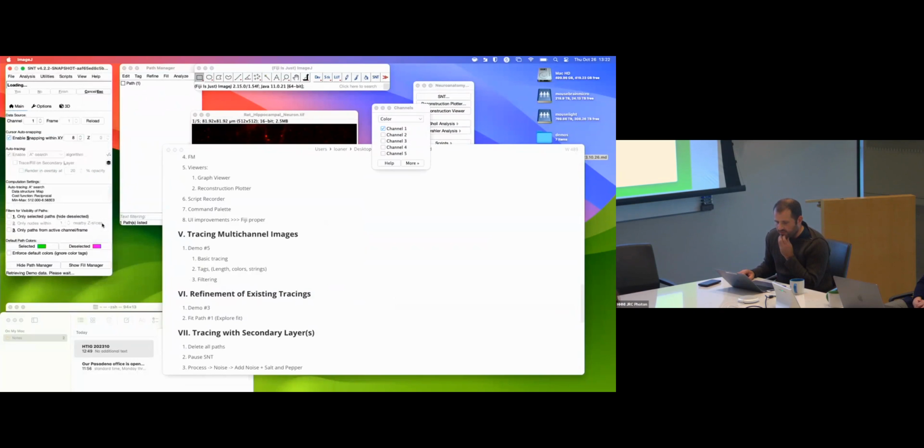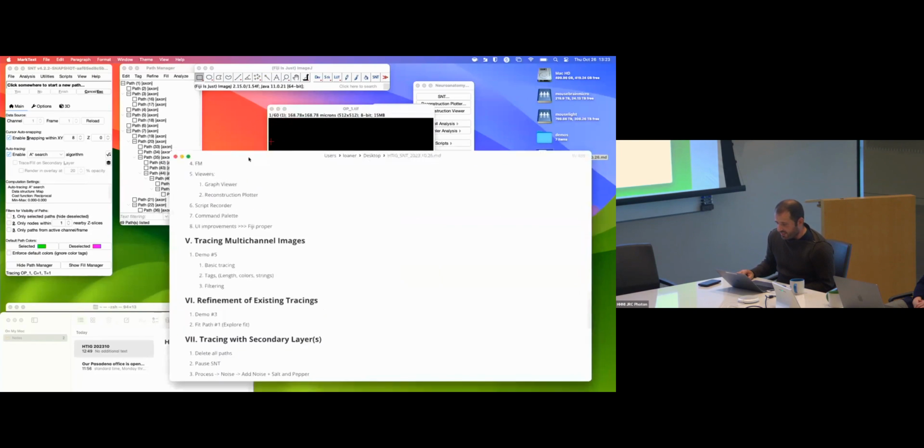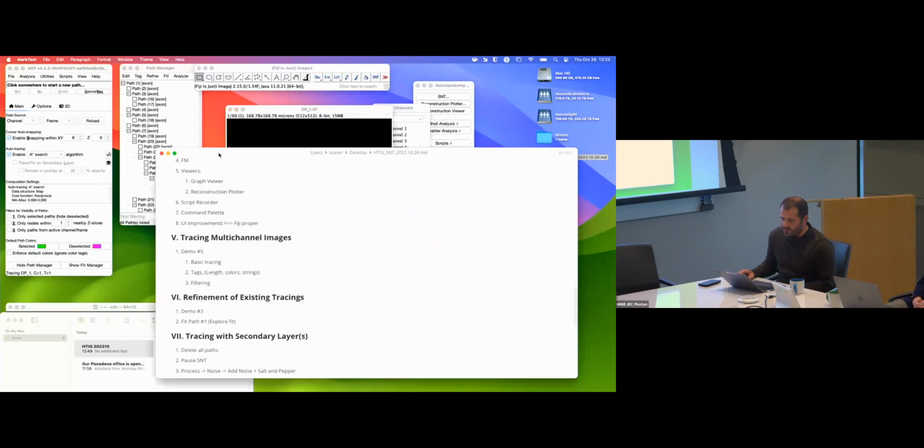So I'll use, this is from the DIADEM data set. This is the most common image people use to benchmark algorithms for neural reconstruction. It's really popular. It's kind of sad that it's an almost 15-year-old image, and this is still today what everybody works with. But it tells you the importance of having really ground truth data sets. And this is literally the only one for fluorescent image so far that people use. Anyway, so